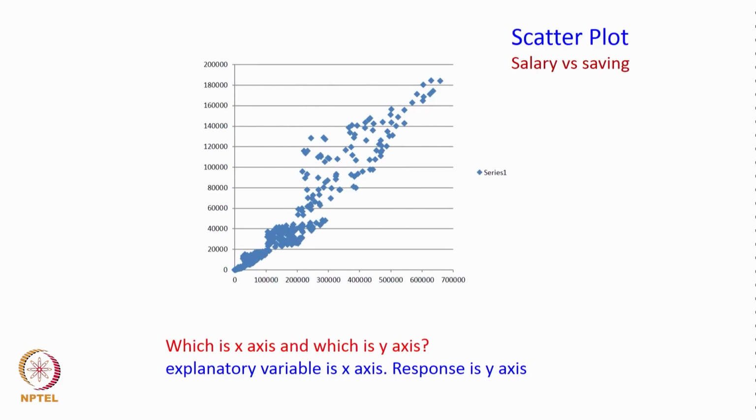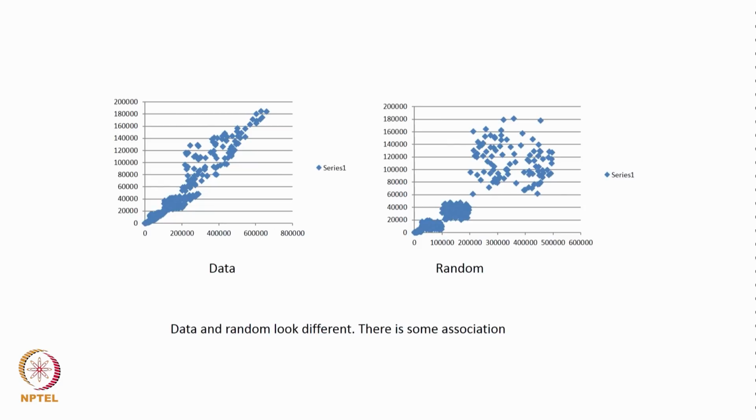In this example we can assume that the salary is the reason for saving, because people get income and salary from which they save. Therefore, the saving becomes the y axis variable and the salary becomes the x axis variable. Let us assume that we have some 100 pieces of data for salary and saving, a pair of x and y, where x is the salary and y is the saving. And let us assume we have plotted this, and this is what we get if we plot these 100 pieces of data, each data having an x and a y value. The same picture is shown on the left hand side.